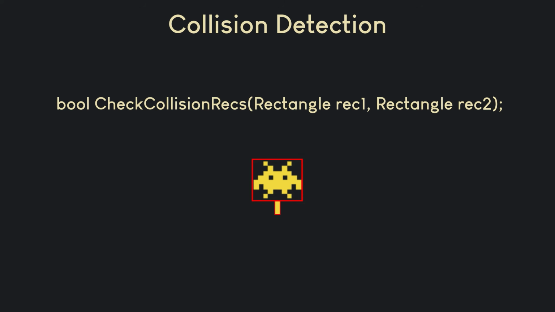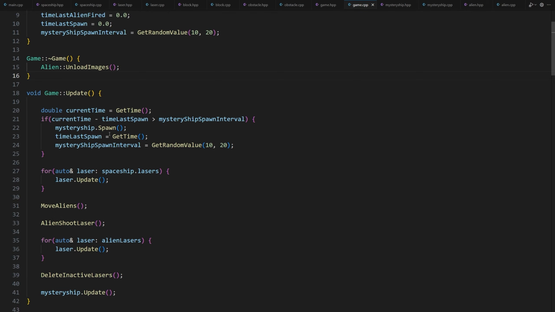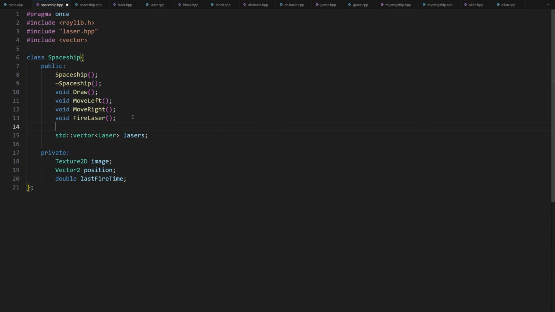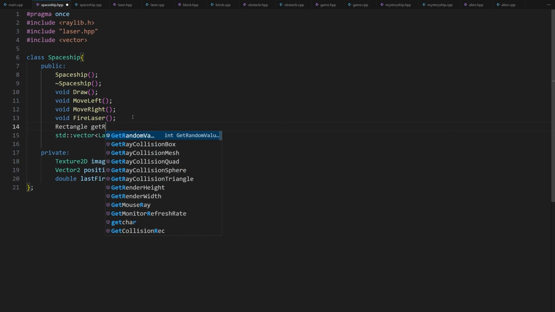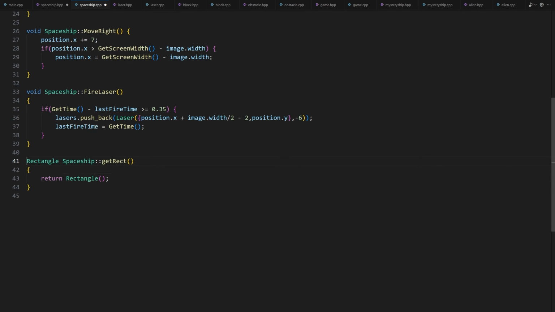So let's give all the game elements a public getRect method. Let's start with the spaceship. In the spaceship.hpp file, we add Rectangle getRect. Now let's implement it. Ctrl+period and then enter. Now all we need to do is to return a rectangle that will be positioned at the position of the spaceship.